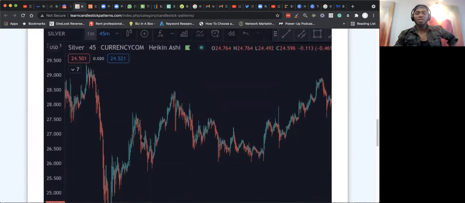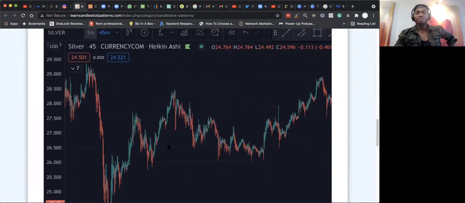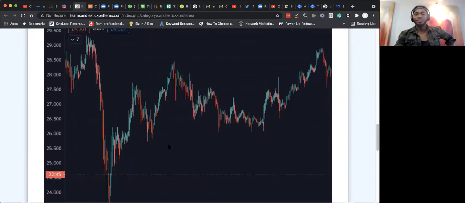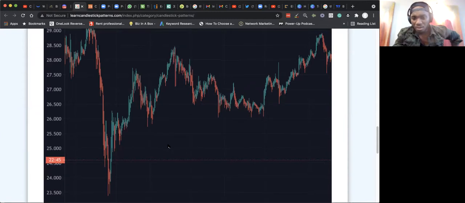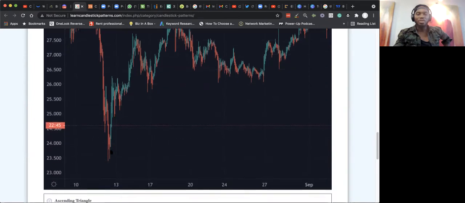All right, we've got another chart here, 45 minutes silver, on a Heikin-Ashi candle. Another thing, let's see, what were we looking at here? Significant markdown, markup, another markdown. So we're starting to see it right as that downward trend was